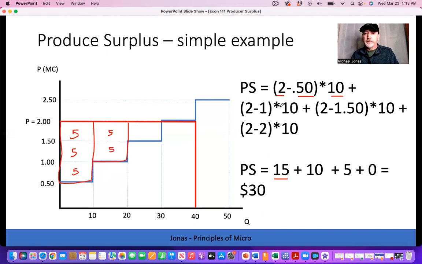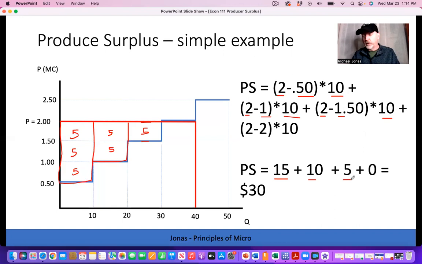So it's price minus marginal cost for each of those units produced. So that's going to be another $10. You see where this is going, right? And we keep producing and we're still gaining, right? But of course, marginal cost is catching up to price. So that net gain is going to be smaller. Price minus marginal cost here is only 50 cents. 2 minus 1.50, 50 cents for each of those 10 units. So we get that extra